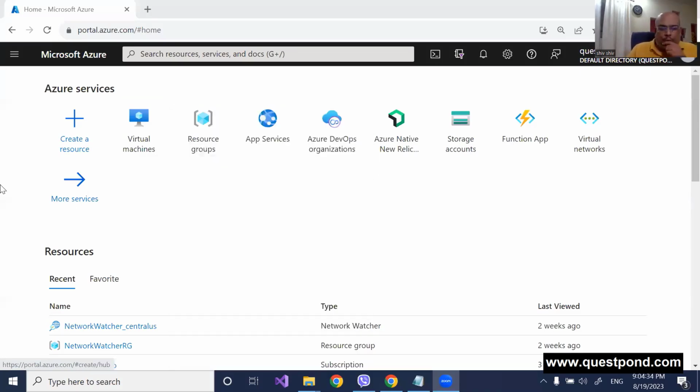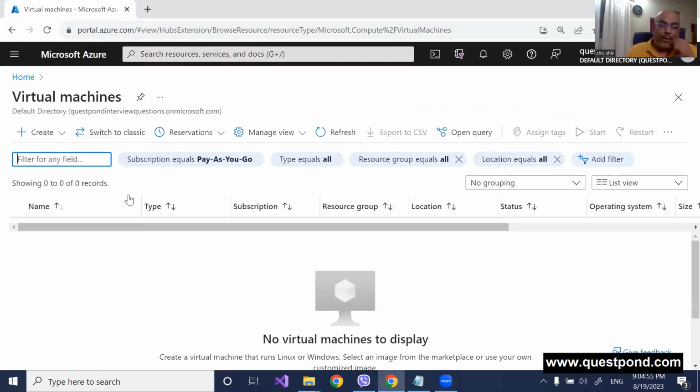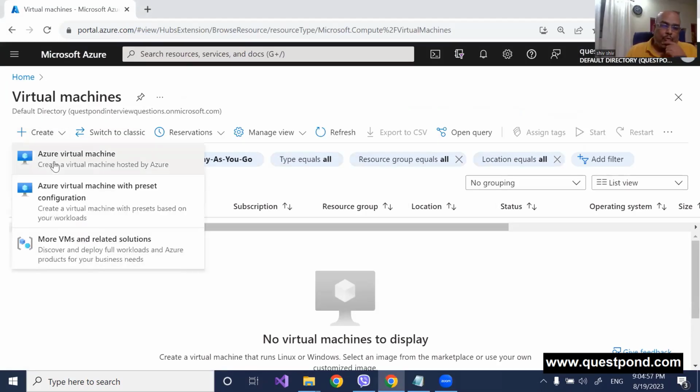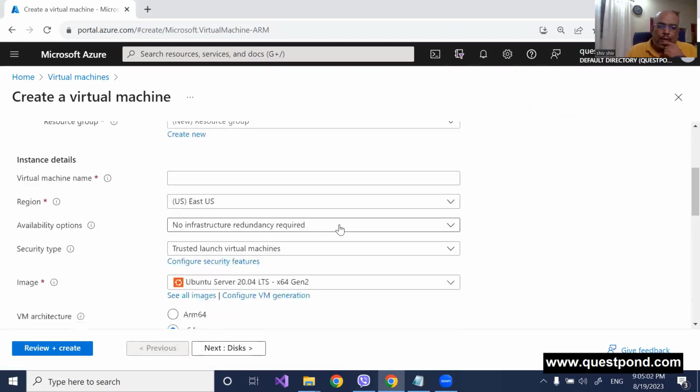Now, a couple of things out here. Whenever we are doing this Kubernetes or Docker and all these things, the first thing is that your virtual machine should be Hyper-V enabled. Virtualization should be enabled, right? Now, one of the problems, which happened last time, is that when we create a virtual machine out here, we need to know really that,